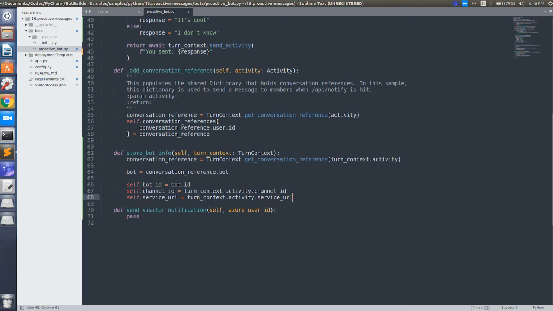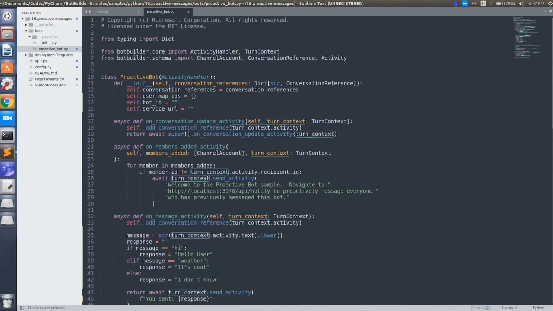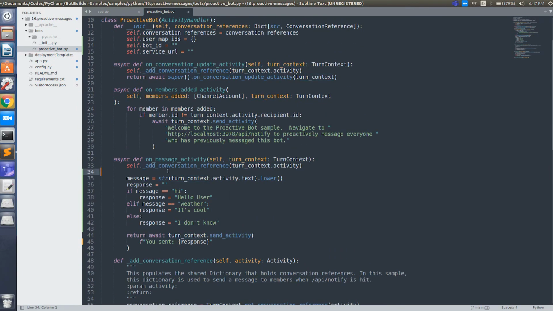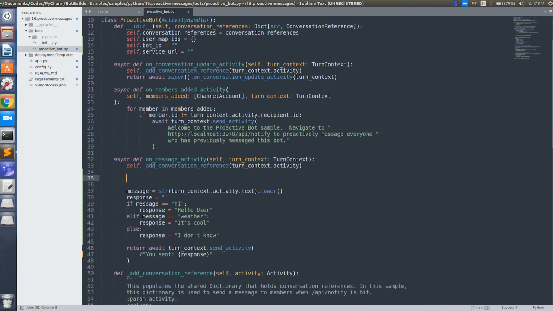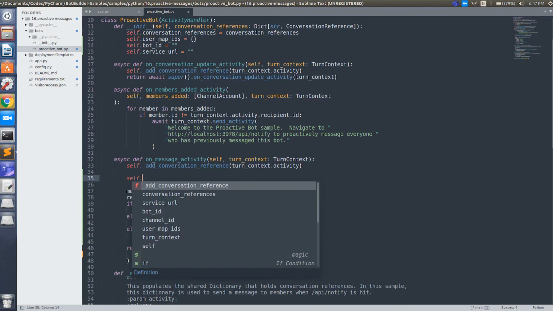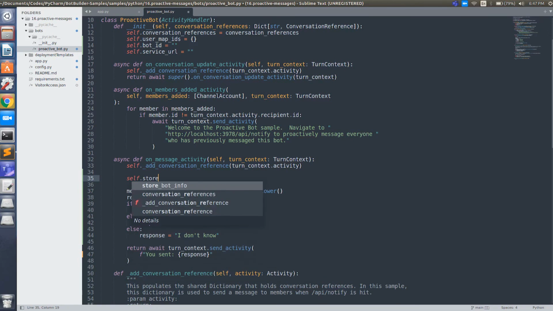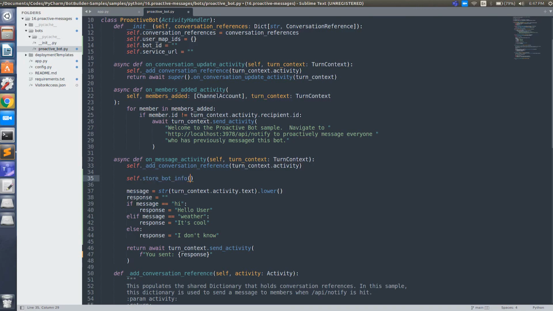Store bot info. In this one, we're going to simply note down our bot ID, channel ID, and service URL. From where can we get this? Using this turn context object. Whenever there is a message, we get it here, right? So let's say self dot store bot info and then pass our turn context.